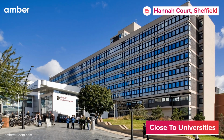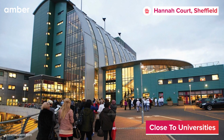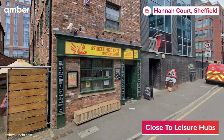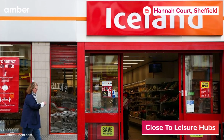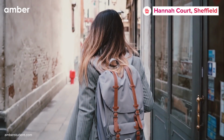Hannah Court is a popular choice among students from Sheffield Hallam University and Sheffield College, both within walking distance. Its location places it amidst various restaurants like the Street Food Chef and cafes such as Tilly's Cafe. The nearest Iceland supermarket, Sheffield and Moorhead Ear Street, are just a minute's walk away, which adds to the convenience